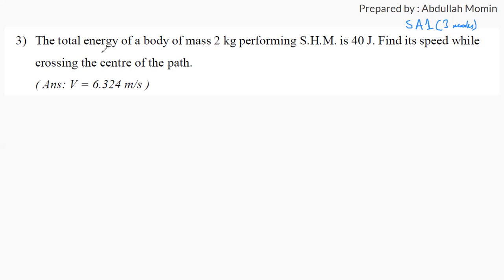So the first question is, the total energy of a body of mass 2 kg performing SHM is 40 joule. Find its speed while crossing the center of the path. So what is given? First we will write down the given values. Mass is given, that is m, which is 2 kg, and the total energy of the body performing SHM is 40 joule. So we are supposed to find out